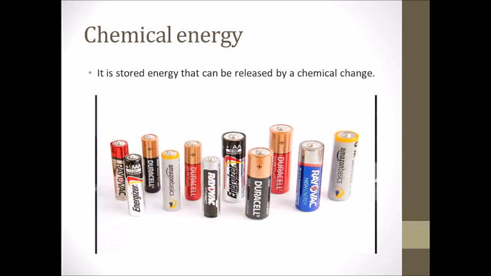Also, batteries have chemical energy. We use batteries for different things like flashlights, toys, remotes. So this chemical energy is released when you use the battery to turn on an object or to move it. It can be changed into light in the flashlight, into sound if you're using the battery for a radio or something. So it changes into other kinds of energy depending on what you are using the battery for.